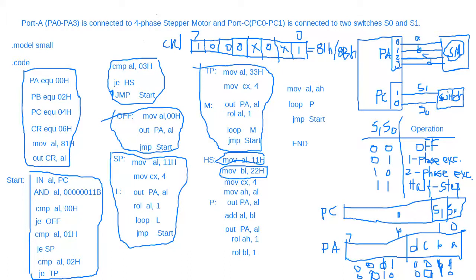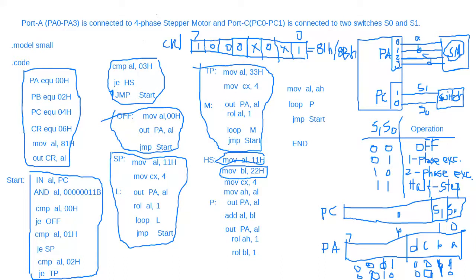So this 11 is not lost. Okay, AH, and out port A comma AL, that means it is in one phase mode. Now add AL comma BL. So AL is 11 and BL is 22. That means 33H. So now send it